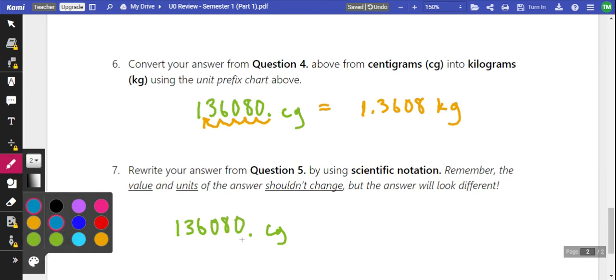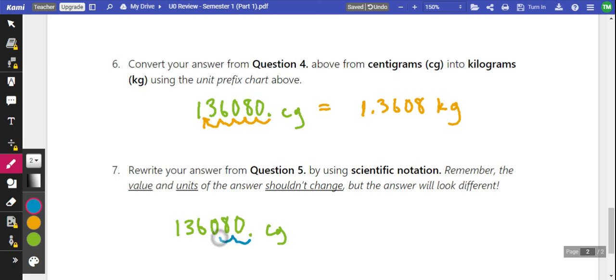All right, I'm going to be moving my decimal place back to the original digit. 1, 2, 3, 4, 5 spots to the left. Which is kind of like what we did here. Okay, so this is the same as saying 1.3608